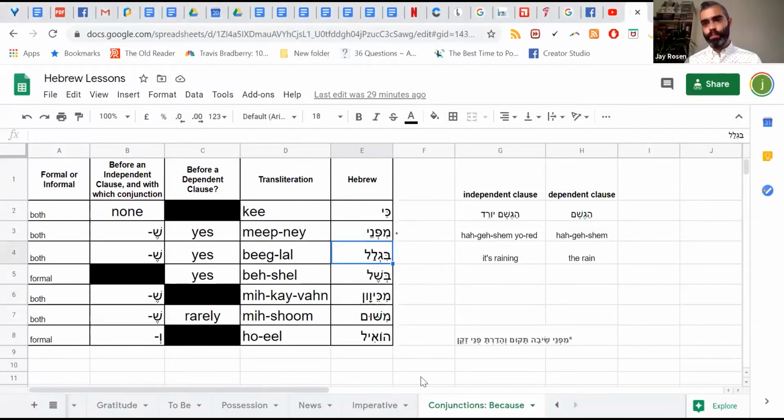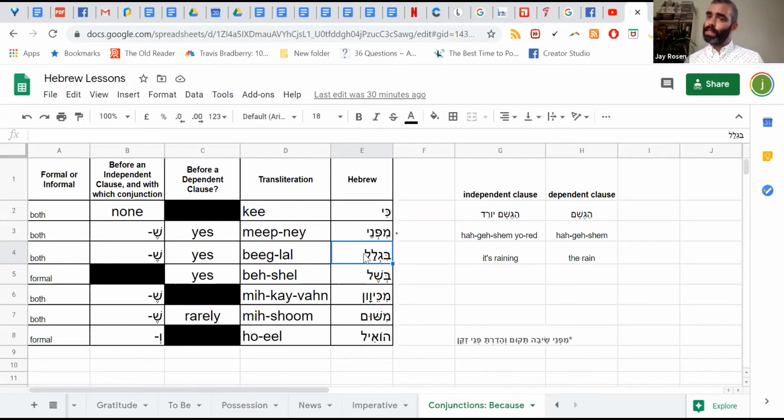So if I want to say it's raining because of you, like I wanted to blame the other person I'm seeing for everything that happens to me in life, I could say that. Or anything else, because of you, because of me, because of him, because of her, biglal, this one can conjugate. All these other ones don't. If they do, it's very formal and very old Hebrew. Even saying biglalcha is very poetic Hebrew. You will hear this every once in a while in the news.